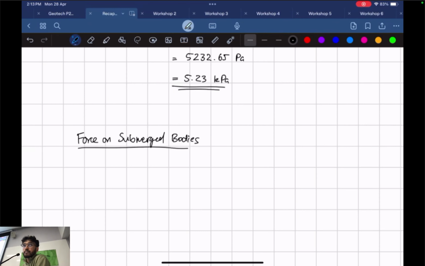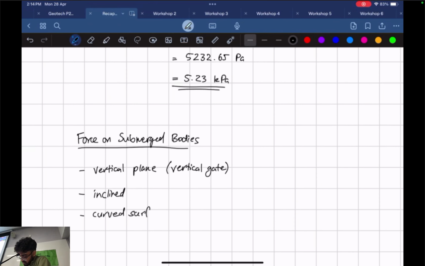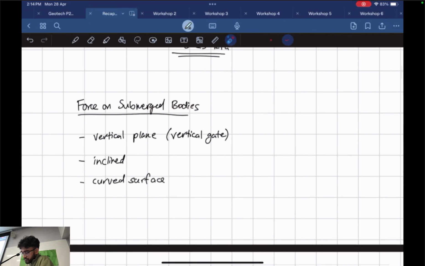we've got 3 different cases. Alright? We've got vertical plane / vertical gate. We've got an inclined plane, and we've also got a curved surface. Out of all of these, 2 are relatively simple. Curved surface is completely different. Alright? So vertical plane and inclined plane, you can use the formulas of hydrostatic force, all that stuff. However, in curved surface, you're gonna have to do some ENGG2500 mechanics. You're gonna have to do some moments about a certain point. It's a bit cooked, I can't lie. But